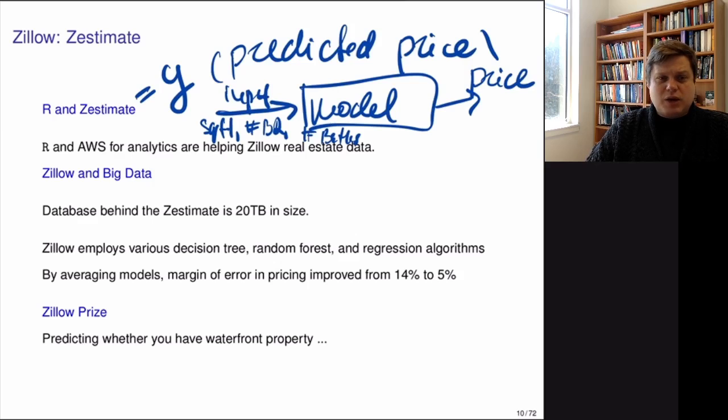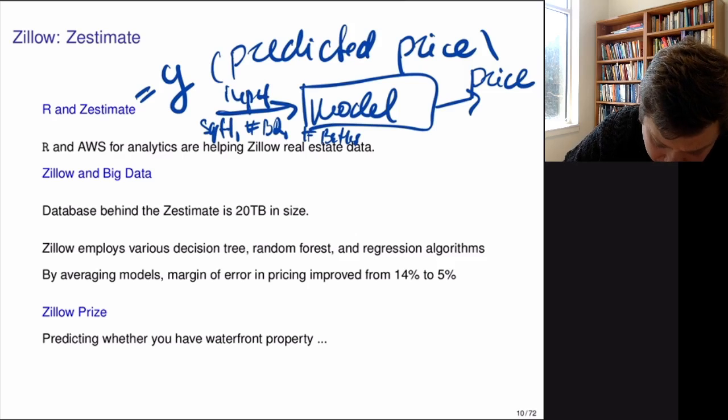And there was one of the Kaggle competitions. So Kaggle is a platform that allows companies to sponsor a competition. And in a competition, the company will publish a data set and they say, we want you to predict whether the property is, in the case of Zillow, waterfront property or not waterfront property, based on the characteristics of the house and price of the house. So the Zillow price Kaggle competition was